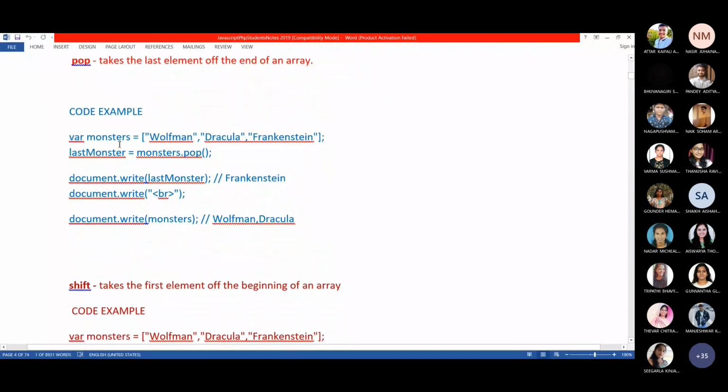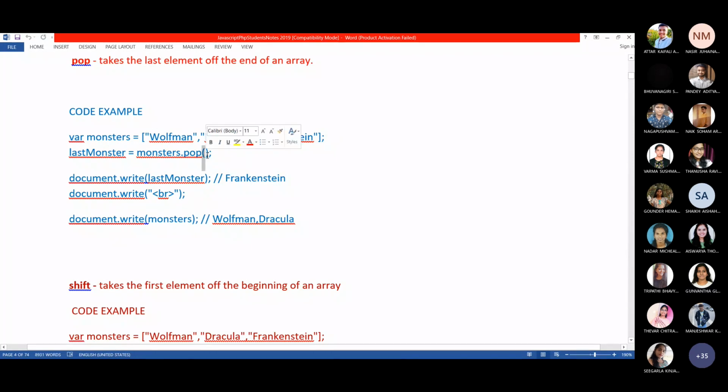Okay, this is an example. It is there in a different color, no? So I thought that was the example of the next method, but this is the example of the pop method. So I have created an object called monsters, and I have added 3 elements in that array object, and then I apply the pop method. When you write the method, you have to write it along with the object name. Monsters is the object name. So monsters.pop. Observe here, I did not give any parameter.